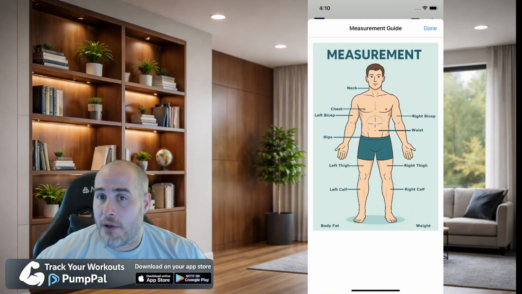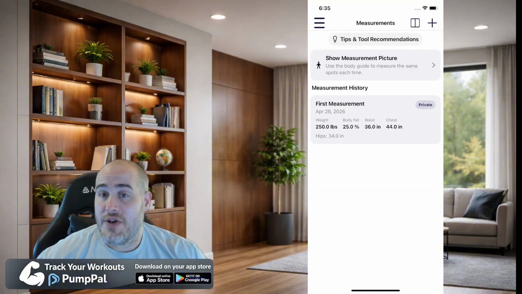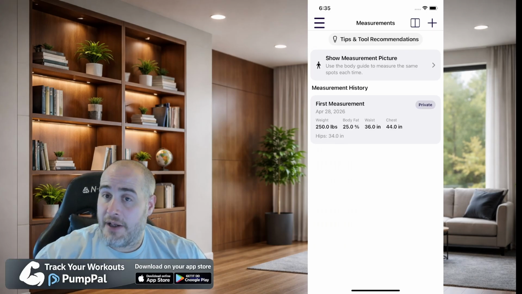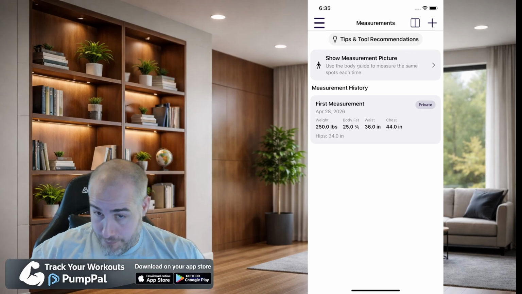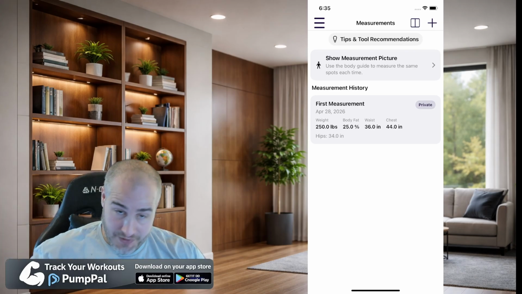And if you go back, what's cool about the measurement screen is it always remembers your first measurement, right? So you do your first measurement, you add it, it can't be deleted. You can edit it just in case you accidentally put the wrong measurement in, and edit it if you'd like. But why we want to remember your first measurement is because as you add more measurements in the list,